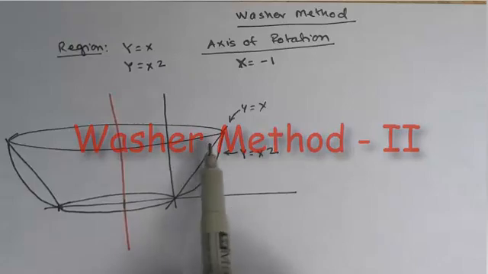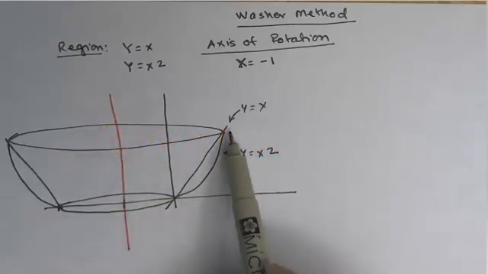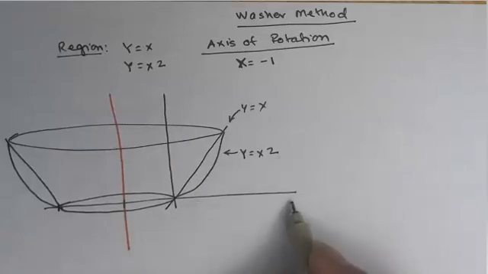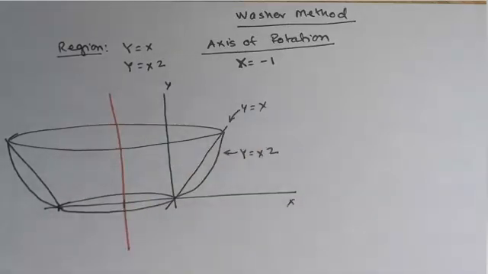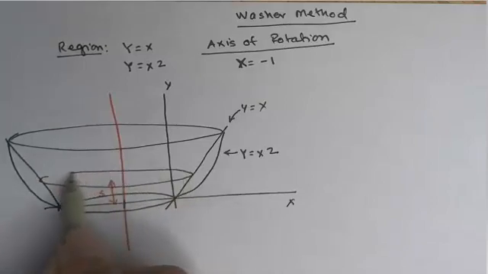Alright, I've redrawn the figure for you. Here's y equal to x, y equal to x squared, the original x and y coordinate system, the rotational axis, and the volume of rotation. So pick an S perpendicular to S, take a cross section, we get two circles, an inner circle